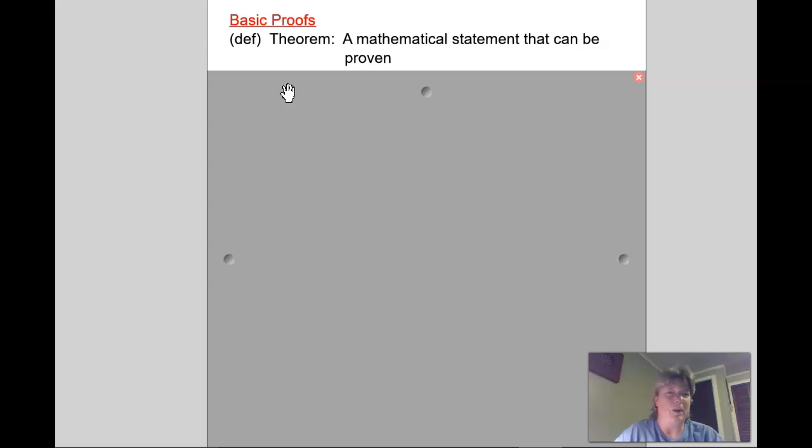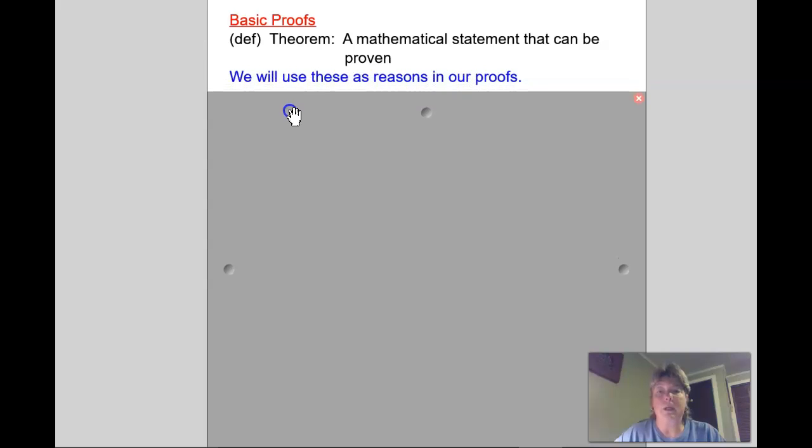And it may seem weird to prove these because some of them are going to be so obvious that it seems like we shouldn't have to prove them. But I want to show you the basic structure of a proof using some of these really short examples. So our first theorem